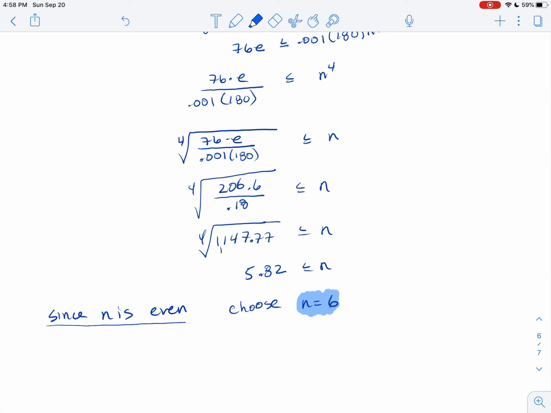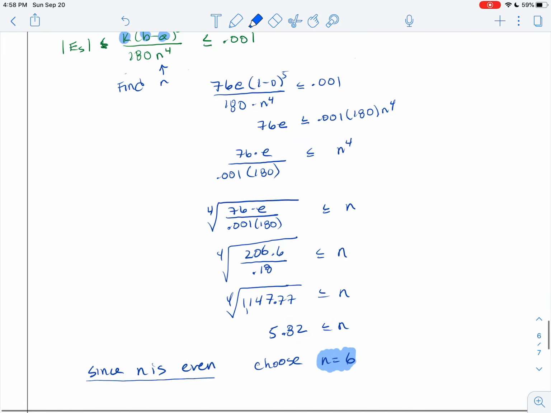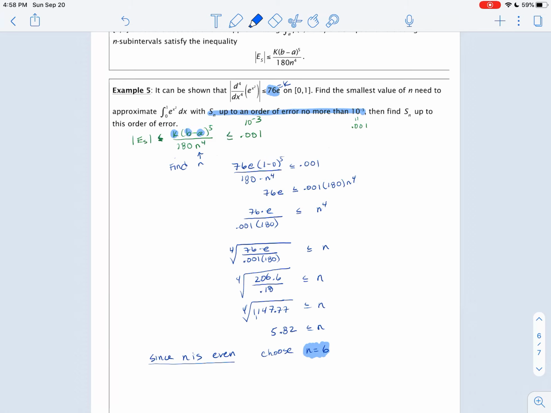If we ended up with 4.82, you wouldn't want to say choose n to be 5. You'd want to go up to the next even integer. Good. So those are the two ways that you can apply the error on Simpson's rule and the error on the trapezoid rule. One, you can calculate the error, how much am I off by, or you can say how many n's do I need, or how many partitions do I need in order to guarantee a certain error. Okay, so that does it, and I might do another video